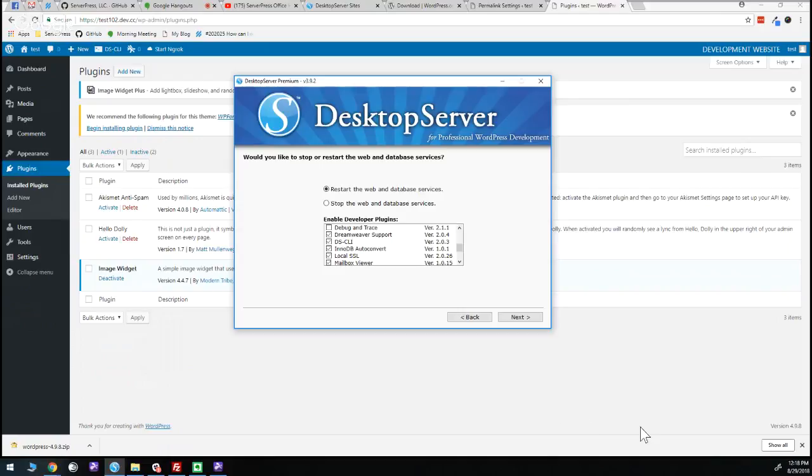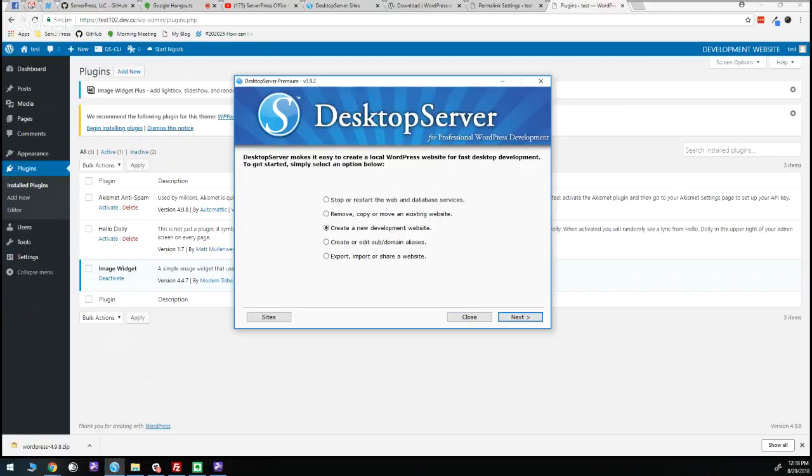And I'm going to show you really easily how you can create a dynamic blueprint. To do that, you do have to make sure that this box is checked. So make sure that you've got this checked, restart the web and database services so that DSCLI is activated. So let's go back. And then the next thing we want to do is I'm going to grab a couple of